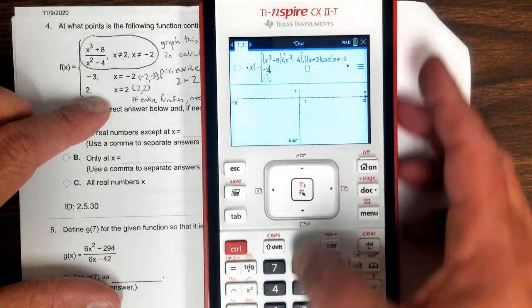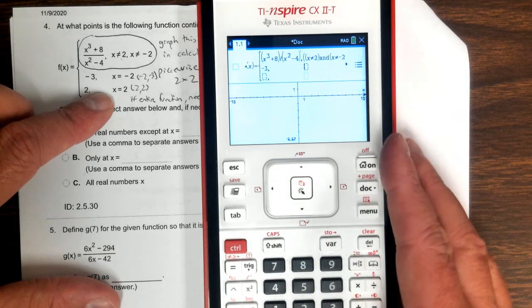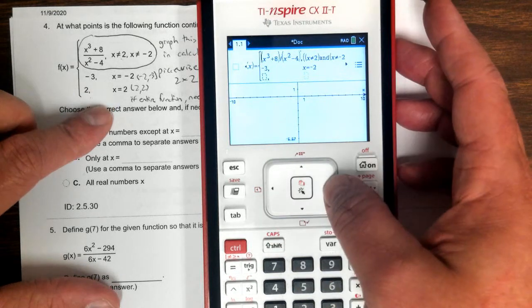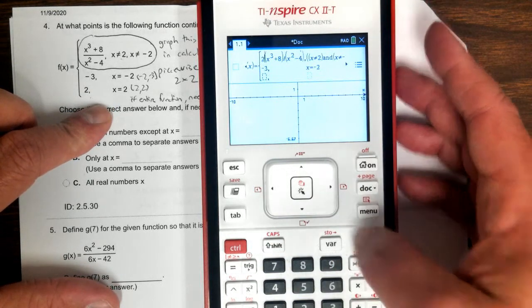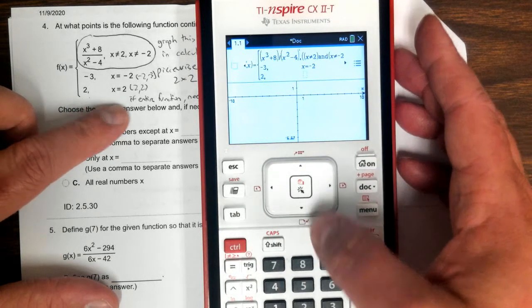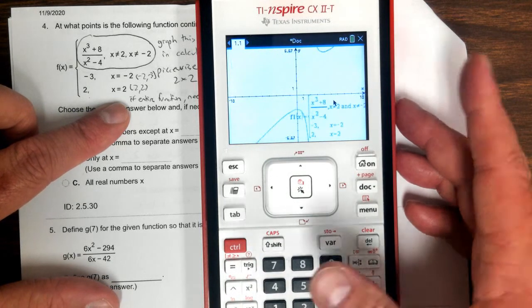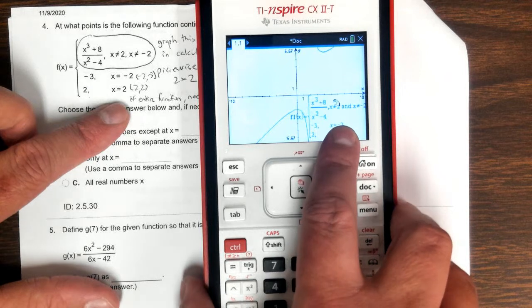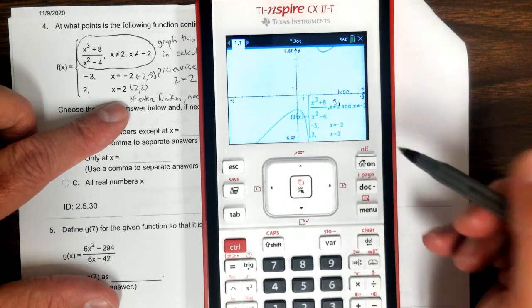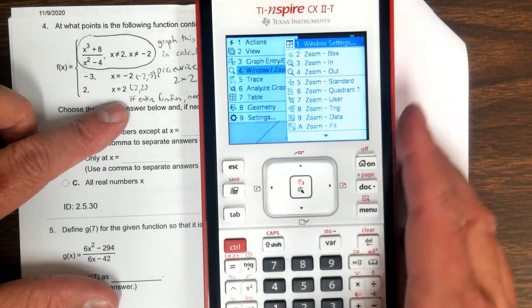Here we have -3 when x is 2, -2, and here we want 2 when x equal to. Okay, so if you use your keyword and, which I just remembered, then you wouldn't have to have the same function twice. Okay, now my first step on this, go ahead and do your zoom fit, menu 4A,